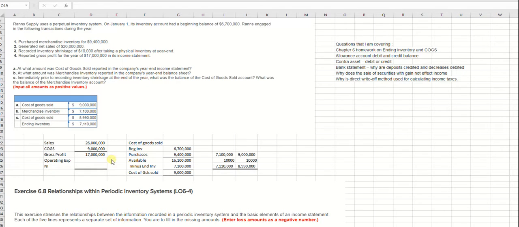You should also know by heart the cost of goods sold statement. So the cost of goods sold statement, this is the title there, I'll make it bold if I can, is beginning inventory plus purchases gives us available, minus ending inventory is cost of goods sold. So I'd like you to think about it like this. If you start the semester with 1 pencil and I give you 7 more and you have 3 left, how many did you use? Well, some of you may say, okay, if I start the semester with 1 pencil, I gave you 7 more, I have 8 pencils available, and if I have 3 left, then